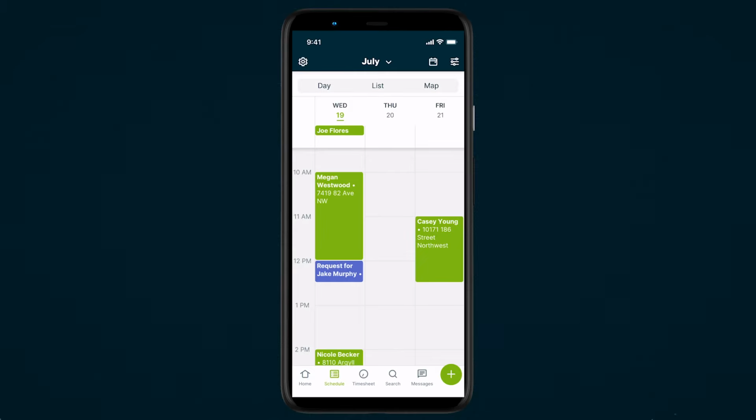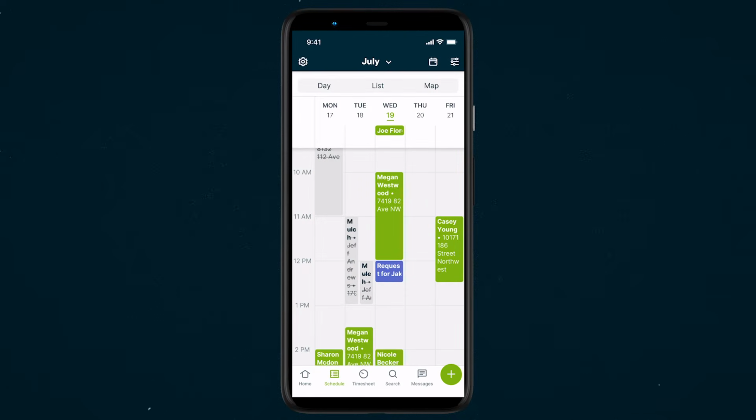There is a 3-day view where you can see 3 days worth of the schedule at a time. Just like the day view, items on the schedule are blocked off based on their duration with anytime visits at the top. A week view where you see the full week with the columns for each day of the week. Scheduled items are blocked off based on their duration with anytime visits at the top.